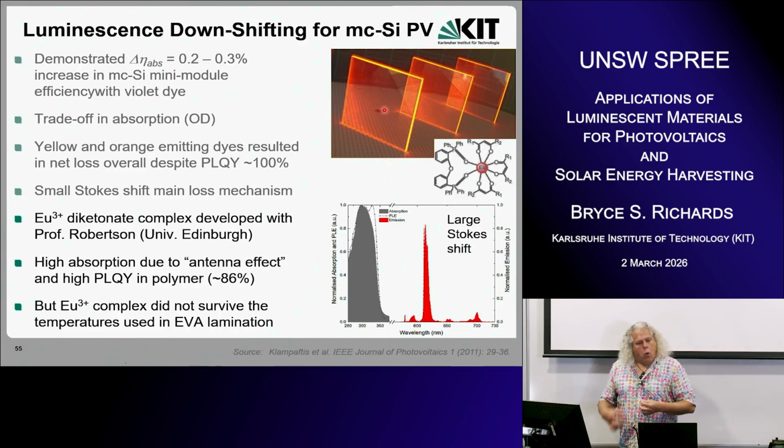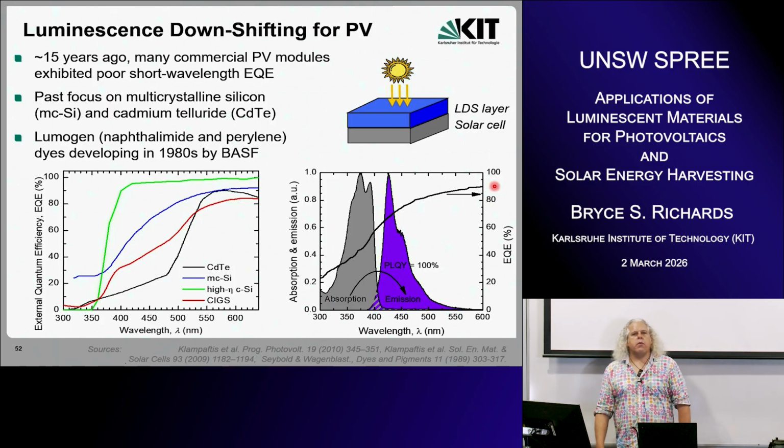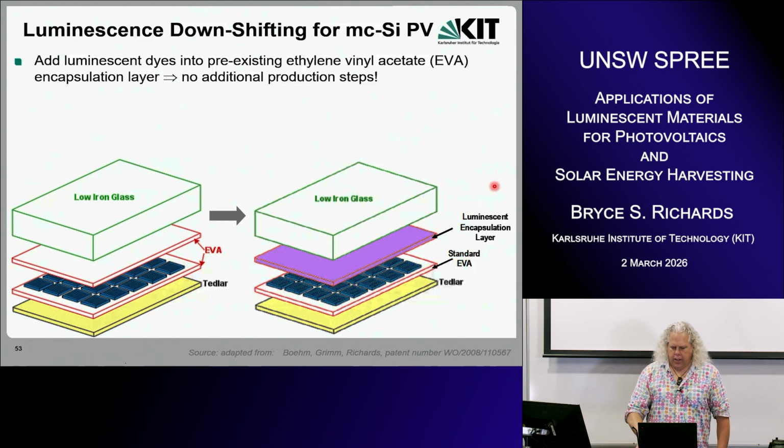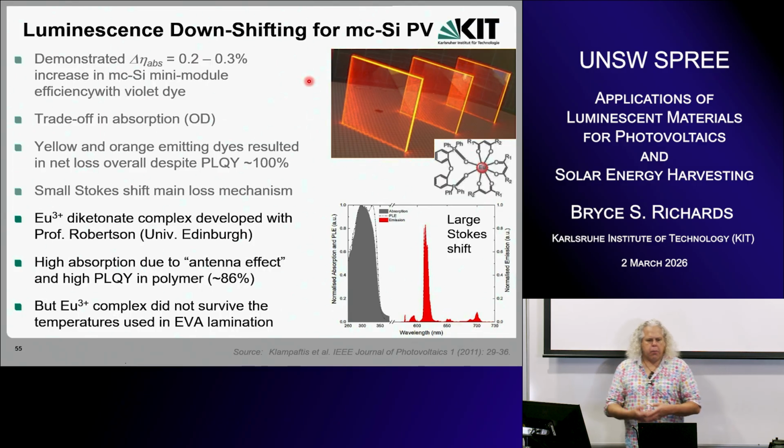So just to jump back here, one issue is that we're absorbing photons here and we're emitting them actually not too far away. The wavelength shift is not enough. You'd rather have the emission way out here somewhere in the red, where the quantum efficiency of the solar cell was higher. So we started a joint research project with Professor Neil Robertson from the University of Edinburgh, where he